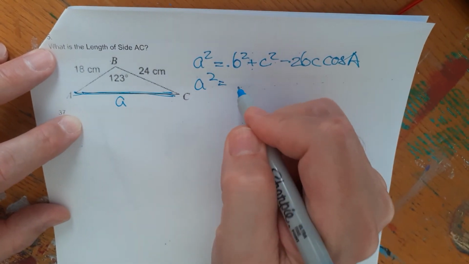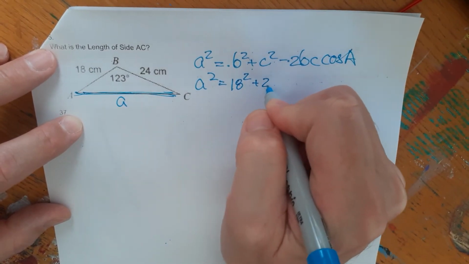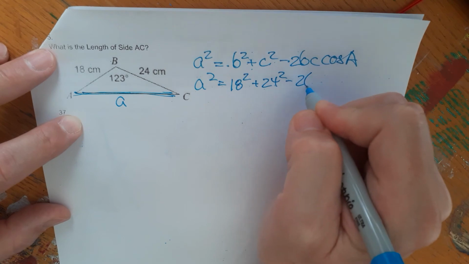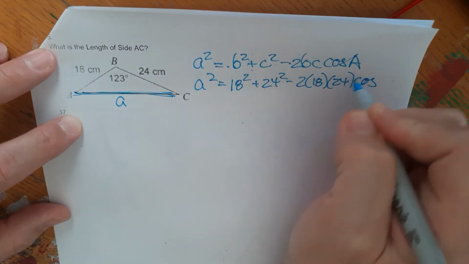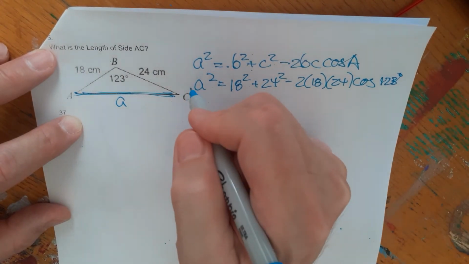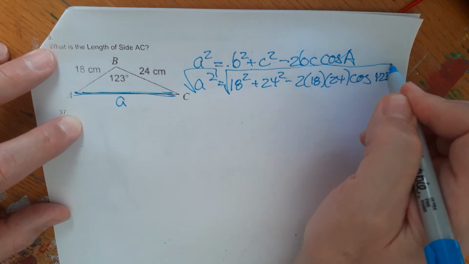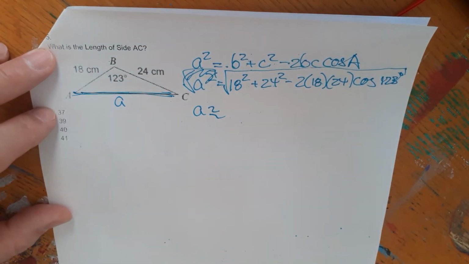A squared equals B squared, where the sides are 18 and 24. So 18 squared plus 24 squared minus 2 times 18 times 24 times cosine of 123 degrees. We take the square root of the left and the square root of the right. It cancels here, so we're left with A is approximately equal to